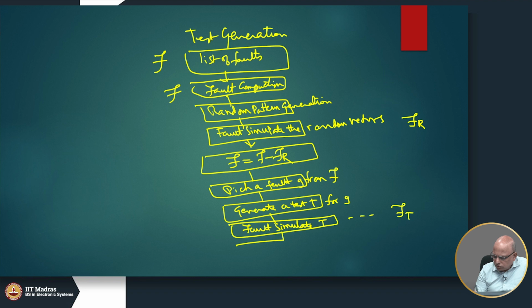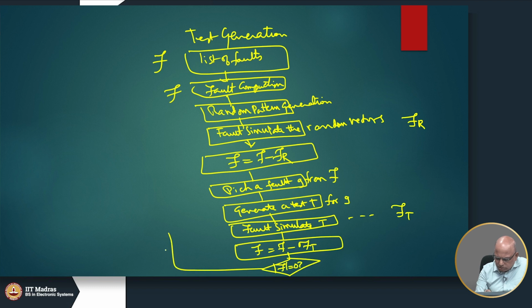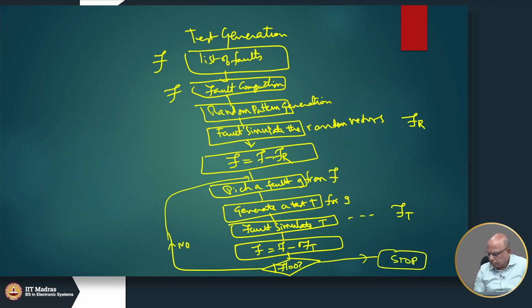Okay. So, remove F equals F minus Ft, then check has F become equal to 0. If it is not, then go back, and then if it has become, then stop. Okay. So, this is what I had explained to you,